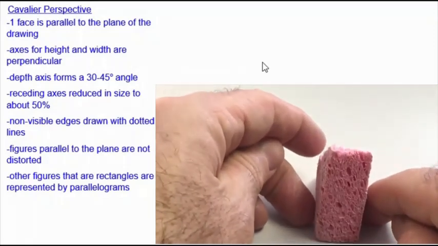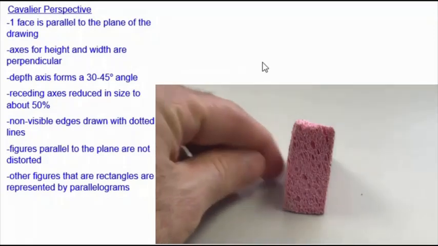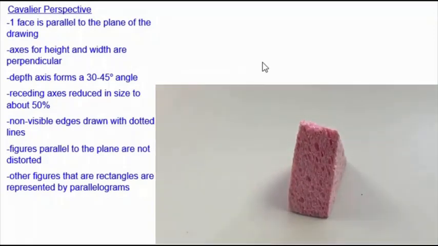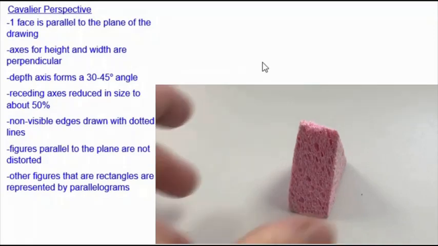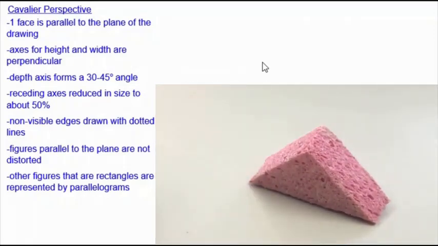We can also twirl it around so that this rectangular face is the one that's facing us. And we get a Cavalier perspective that looks a little bit more like this. All of these are with the smaller of the rectangles on the bottom. What if the bigger of the rectangles is on the bottom? There's only one way of arranging this so that the bigger rectangle is on the bottom, and that's what I'm